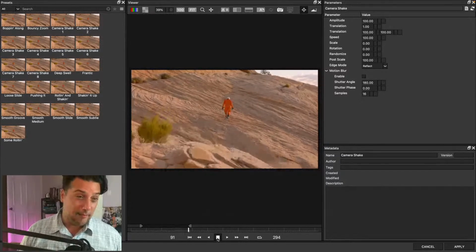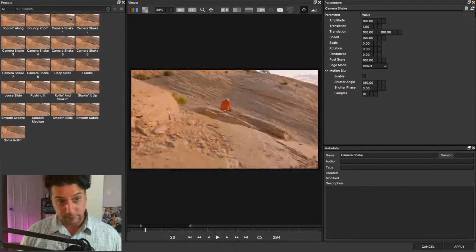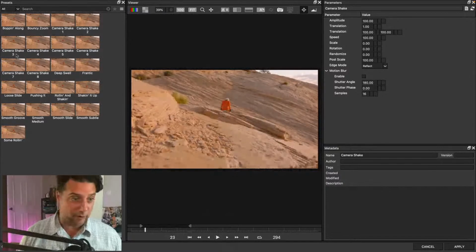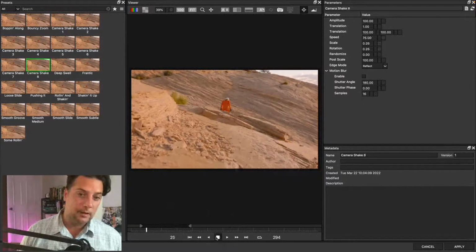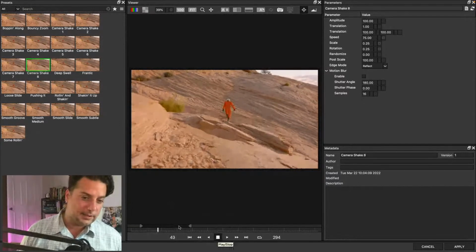One thing that I love about Camera Shake is that these presets were actually curated by John Dickinson. So we have a couple great Camera Shake effects here. Some of these effects,